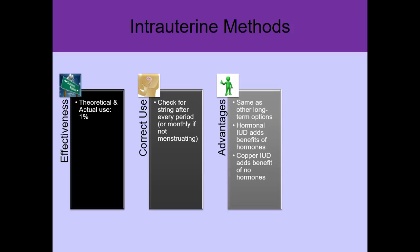The advantages. All these long-term options have these great advantages. If you know you're not wanting to have any more kids, or any kids, you can kind of set it and forget it for a really long time. The IUDs that contain hormones add the benefits that come along with the other hormonal methods we talked about before. And if you go with the copper version, then you can say, well, I'm getting all these benefits, plus I'm not adding any hormones to my body. So some people like the copper method. The disadvantage is